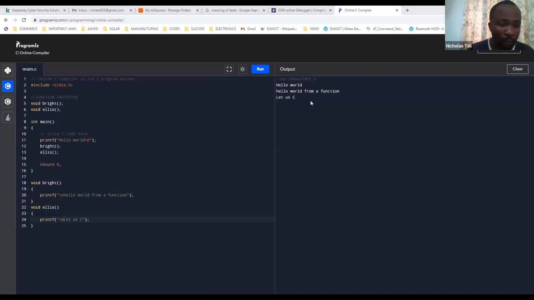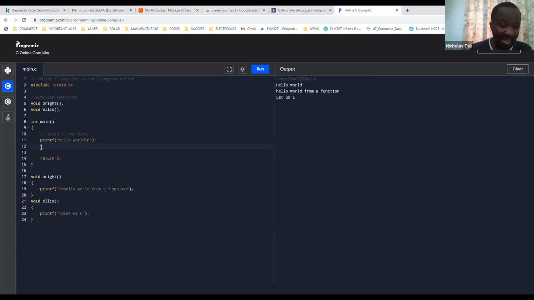Okay, so scanf can be used to read user input from the keyboard, okay? If you ask the person to type something from the keyboard, you can use scanf to pick it up from the keyboard, all right? So let's say we are getting rid of these two functions, and then we want to ask the user to enter two numbers so that we can add the numbers up and then display the results for the number. All that we can do is